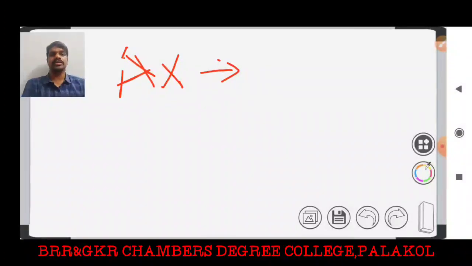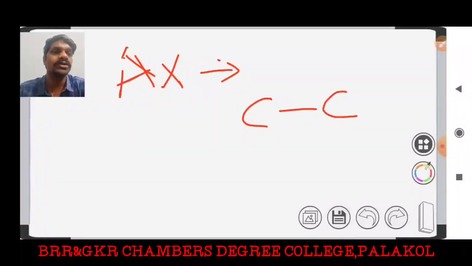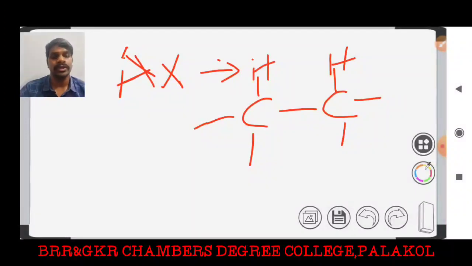AX system means the molecule has 2 environments of protons, and each environment has only 1 hydrogen atom. The letters A and X represent interacting nuclei whose chemical shift difference is very high. For example, here there is 1 carbon attached to 1 hydrogen, and another carbon attached to another hydrogen, and the remaining groups do not have any protons, they are not hydrogens.